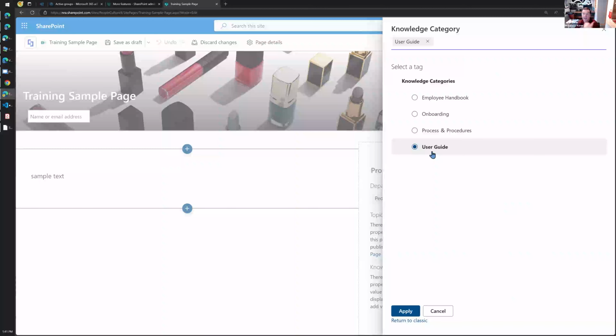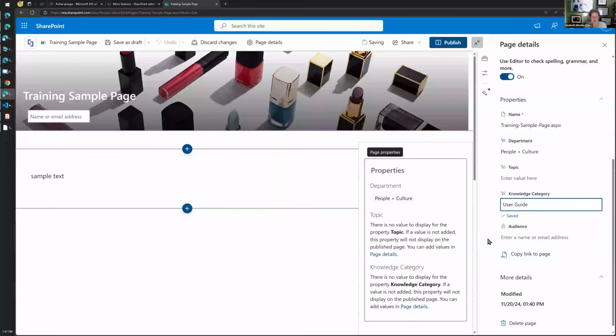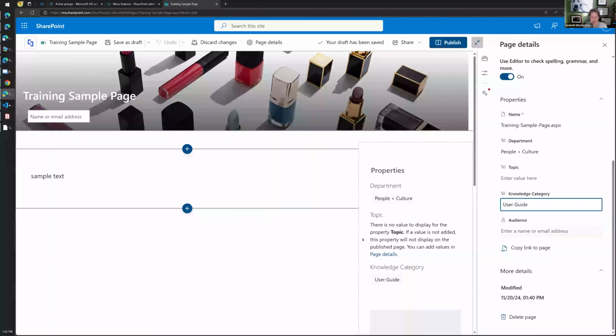We can have more. If you're creating knowledge content and you'd like another category for knowledge, suggest it to the rest of the team, and then we can add it to our list of types of knowledge pages. One thing that you all as content creators should probably know is that there is going to be, to a certain degree, standardization. Everybody will have knowledge of the general tags that are used. Departments may have a couple one-offs that are specific to them, but across the enterprise, there will be a consistency,